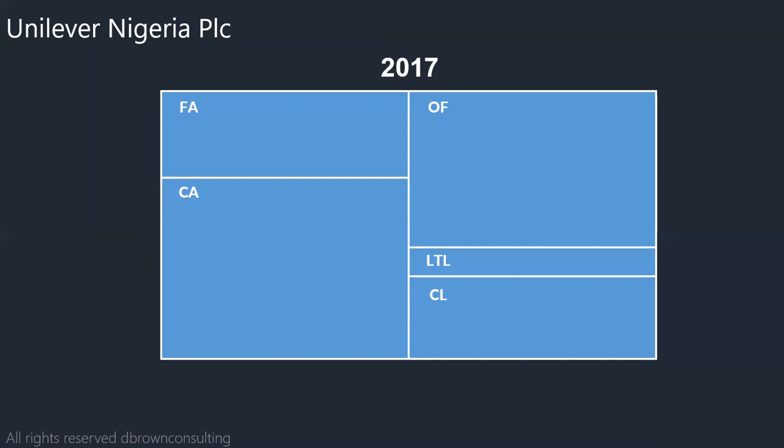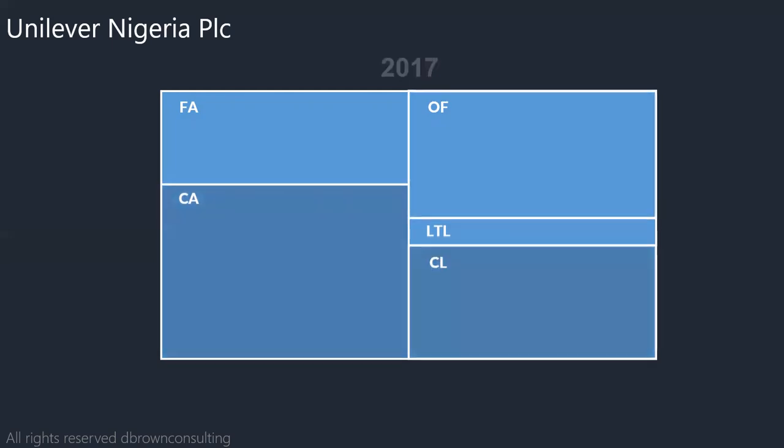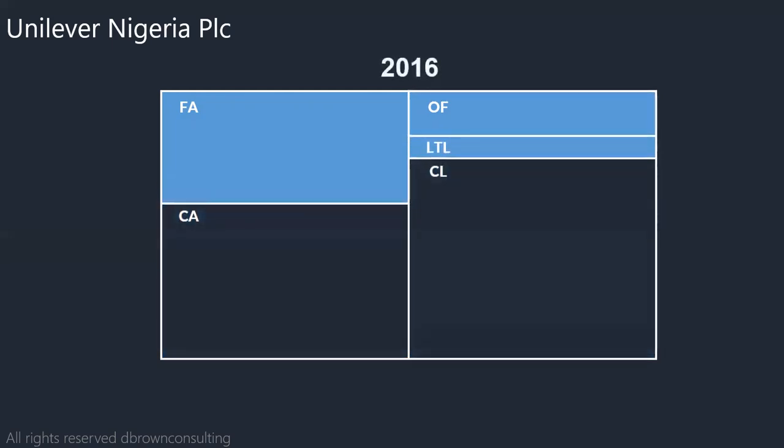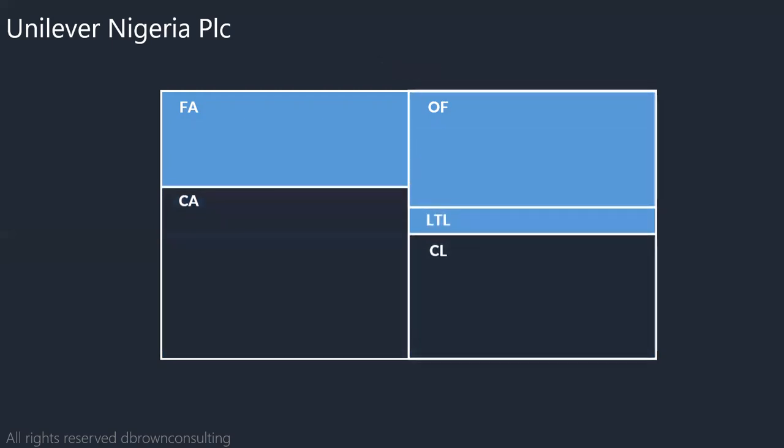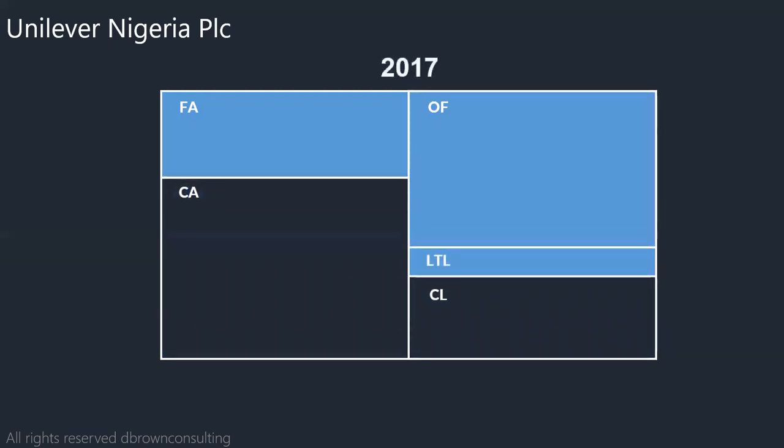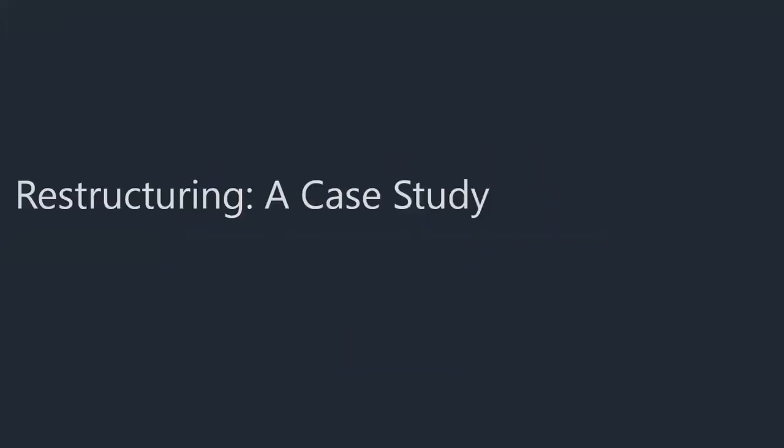So I think in 2017, Unilever had a takeover and they raised another shares and stuff like that. So I think that's part of what increased their owners' fund significantly like that. Those are the things that tell you a story about a company. There are some companies, I think Nestle, that are consistent. You don't need to even waste your time on that. Such a huge one.